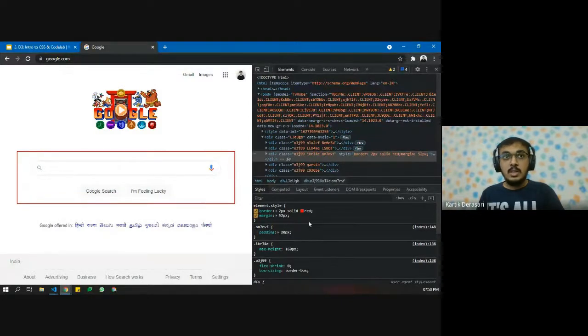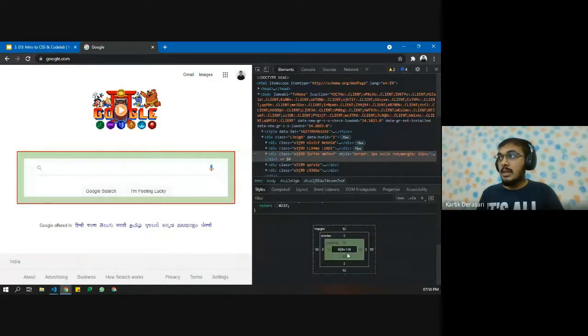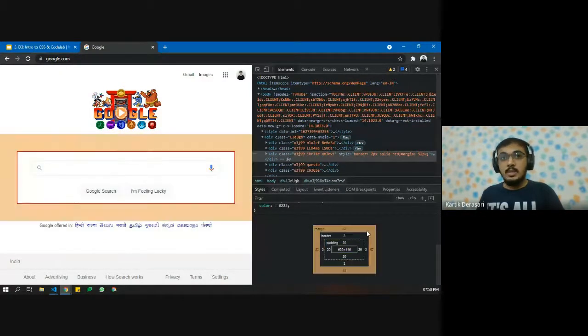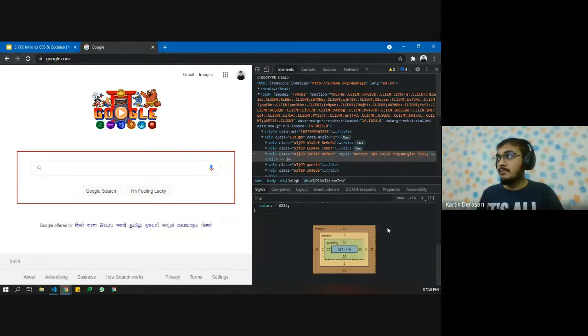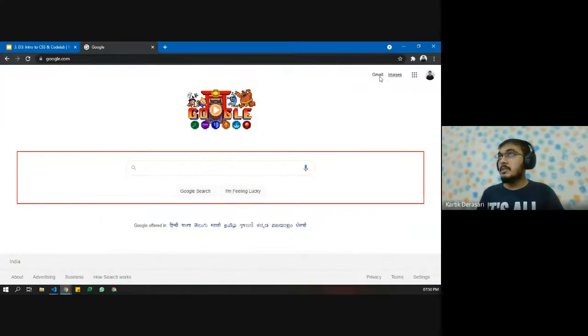This is the main thing which you need to learn whenever you build websites, because this directly affects the layout and design of each and every HTML element. You can also inspect that using the box model in Chrome Developer Tools. I hope it is very clear to all of you.